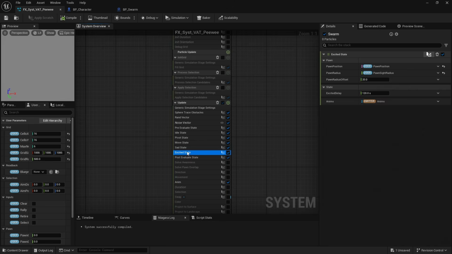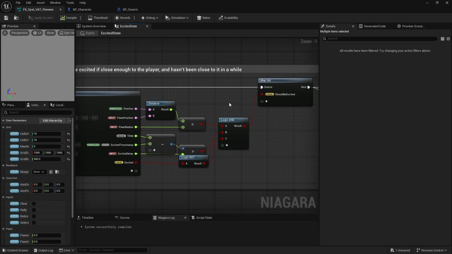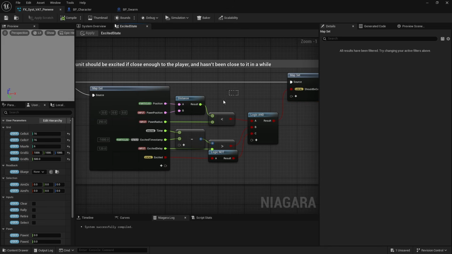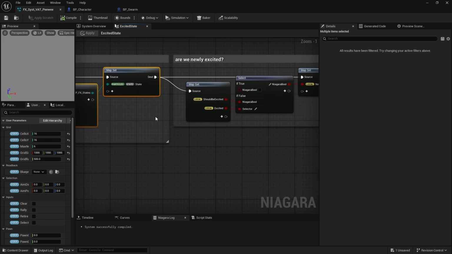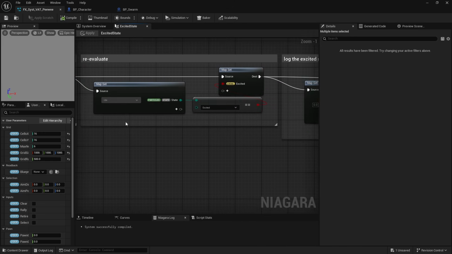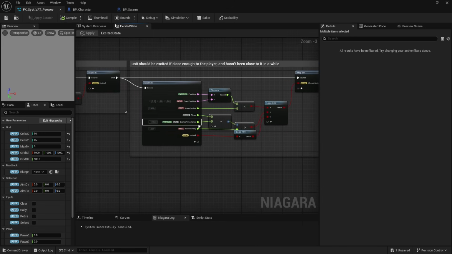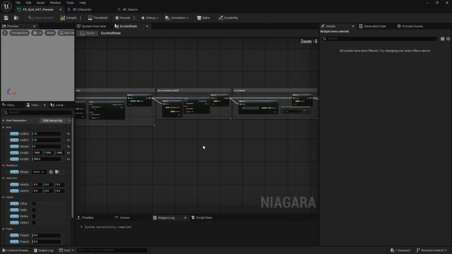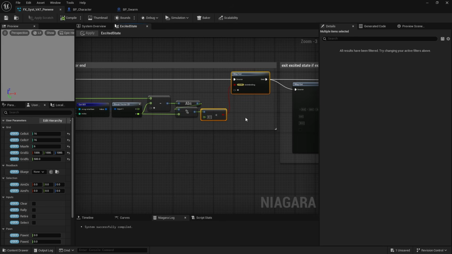Back to Niagara, first, are we in the excited state? If not, should we be? This depends on the particle's proximity to the player and the last time it was excited, to avoid triggering this state too often. If the particle should be excited, the state is forced to change. If newly excited, I log the current time, and this later allows me to check that condition for entering this state, right? Now, the excited state can only end if its current animation has just finished playing, to avoid an